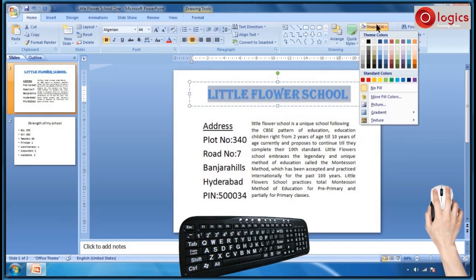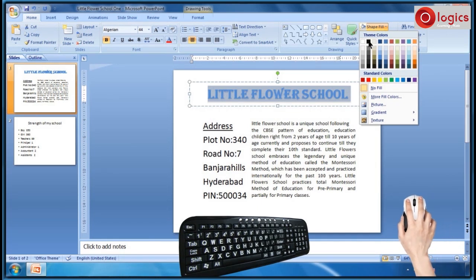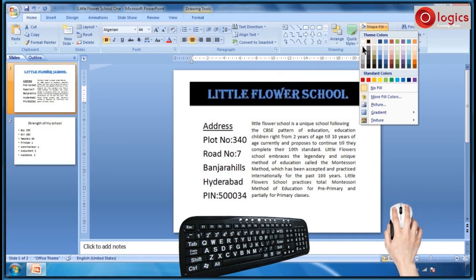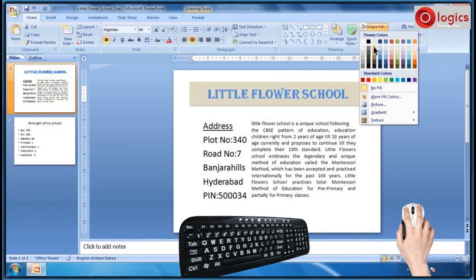You can choose the required color from this color palette. You can see the preview of how the color appears on the slide. Shape Fill command fills the selected shape with a solid color, gradient, picture or a texture. Finally, I would like to fill the selected area with this color.